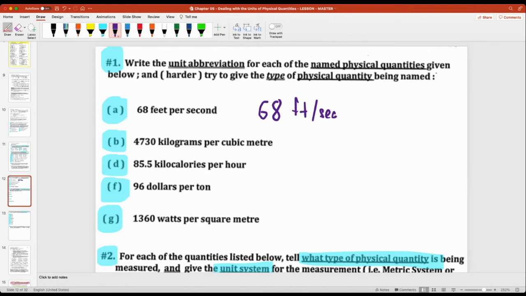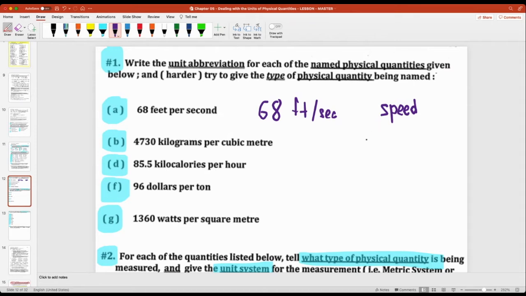Any takers? What is feet per second? Okay, if it was acceleration, the second would be squared. So it's not quite acceleration, but you're close. Yeah, speed. If you said velocity, that's fine too. This is not a physics lesson, but velocity is fine for an answer as well,